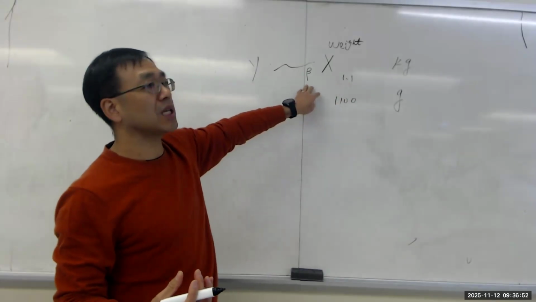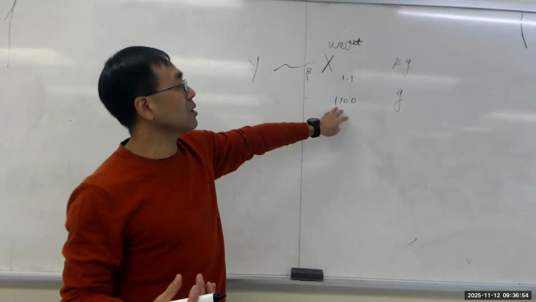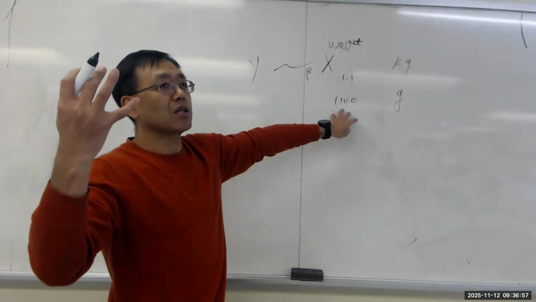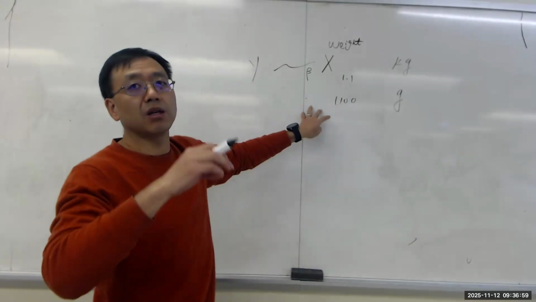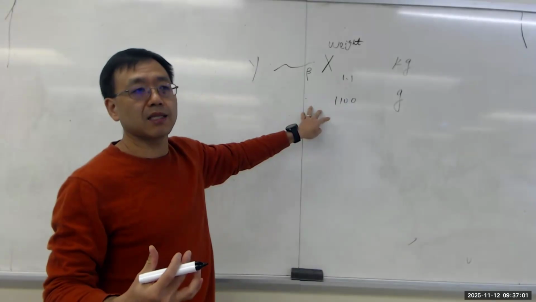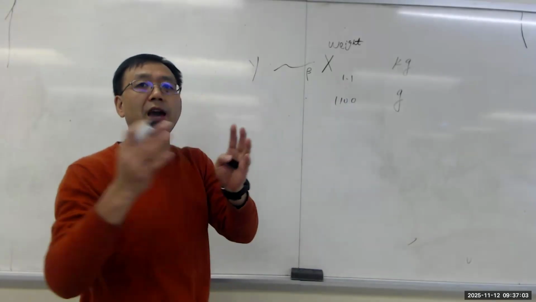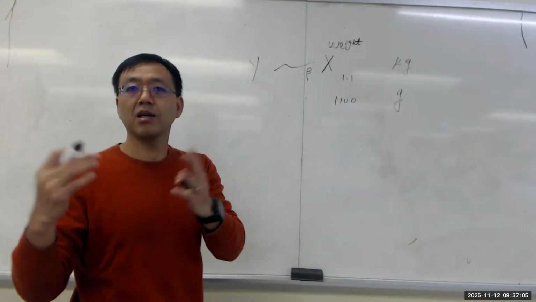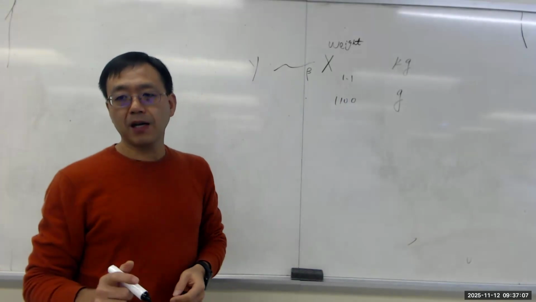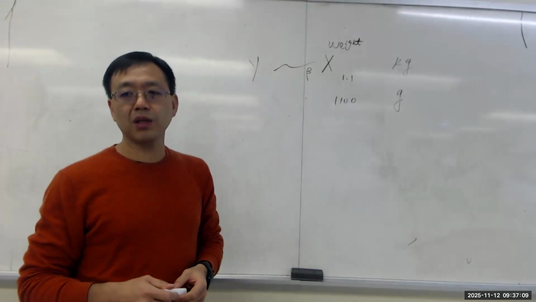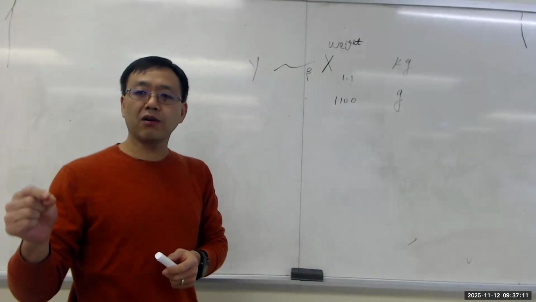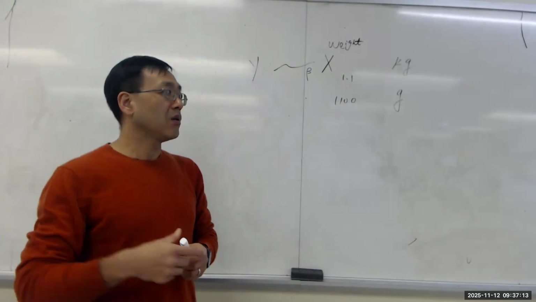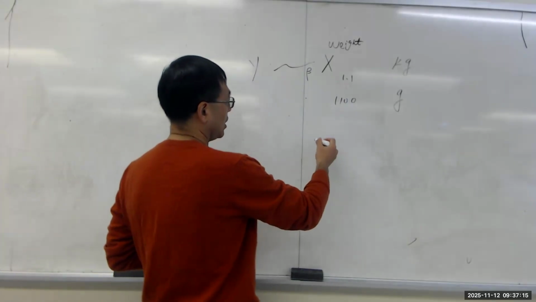So therefore, your beta is going to be bigger. But when you're using the gram, your x value is going to be big, so correspondingly the beta value has to go down. It's like 1,000 times less in order for the overall x effect, the weight effect, to be the same. So if you just include the raw value of x into the regression, when you penalize it, right? Because what is the